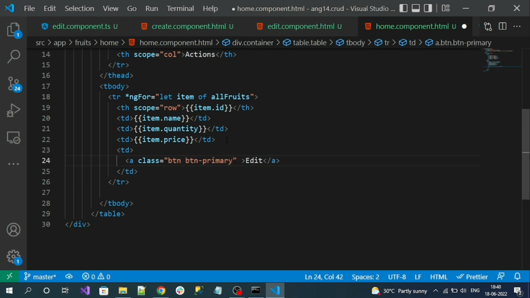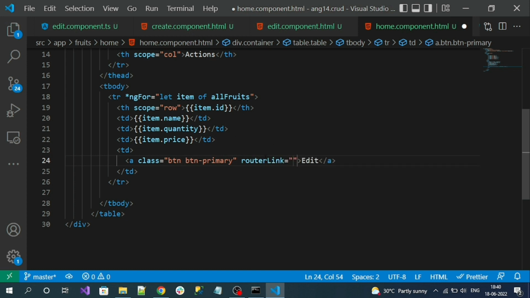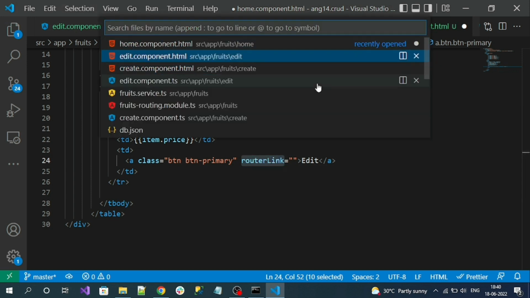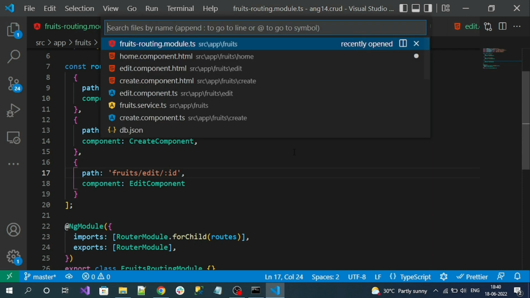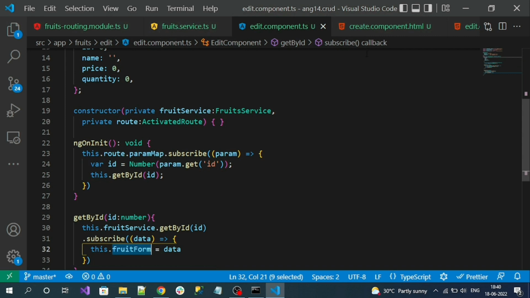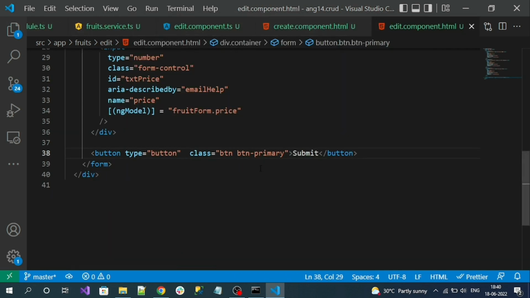Okay, and here I can use router link, but here I cannot use router link directly because my route value should contain some dynamic value, right? If I go here, I have some dynamic value, that is the ID. So I cannot use router link directly like that. But what we have to do,